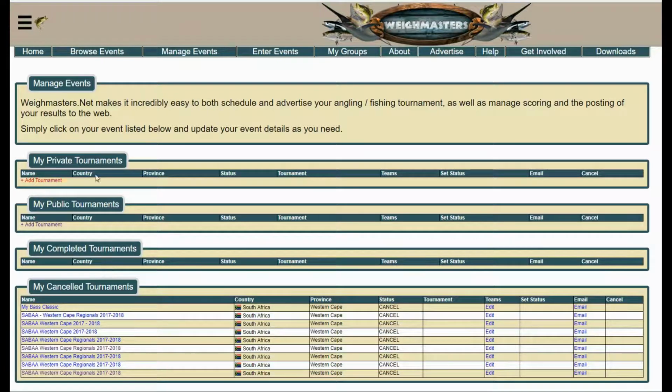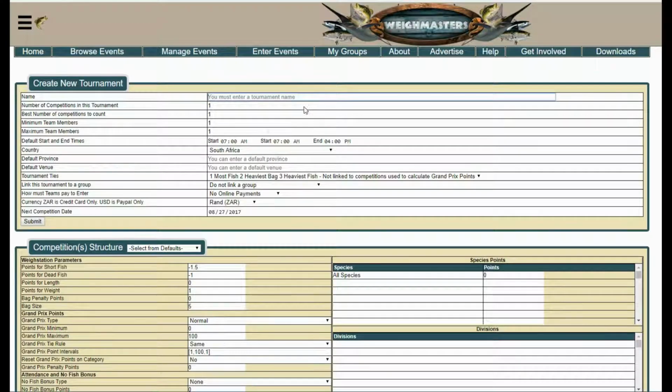Right, I click on Add Tournament and I'll be presented with the screen where we will now enter the details of our tournament. I'll be setting this up for SABAA Western Cape, but it will be the exact same for all your tournaments. So here we go. SABAA Western Cape Regionals